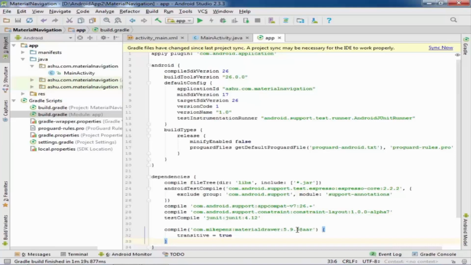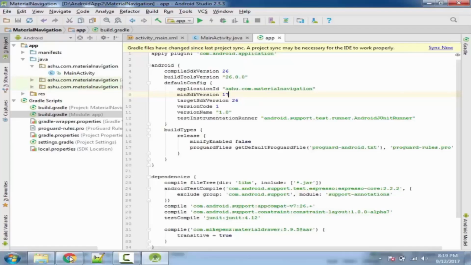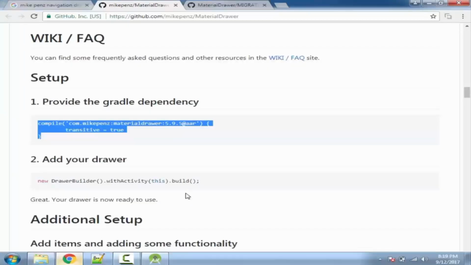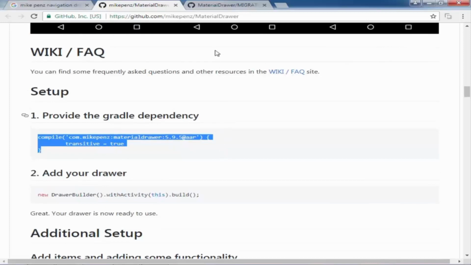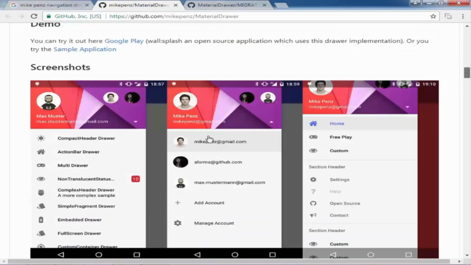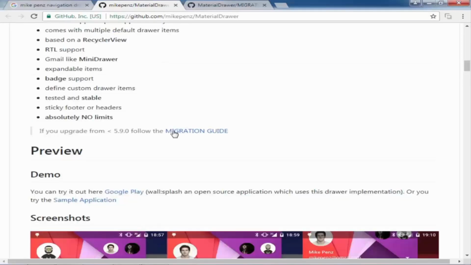Here it is. So we can find out which dependency version is available for our minimum SDK. So our minimum SDK is 17. So let's find out which is the appropriate version for it. So go to the GitHub link and scroll up to this. Just move it up and here's the migration guide. Just click on it